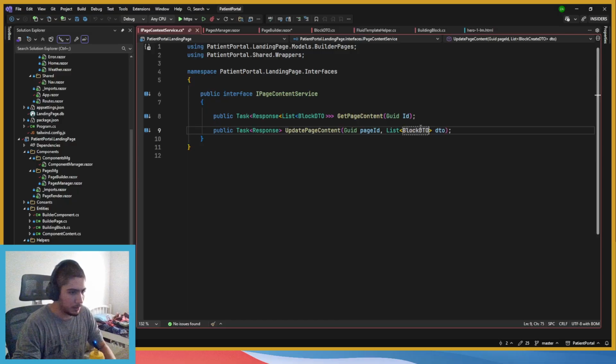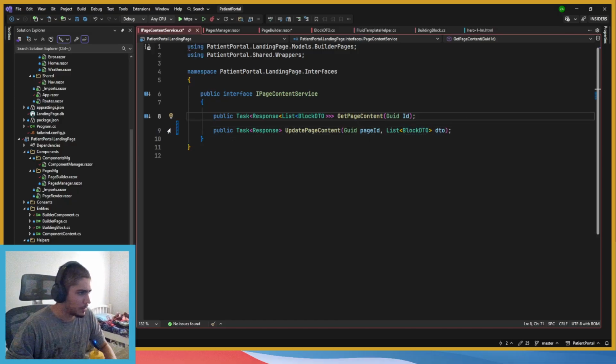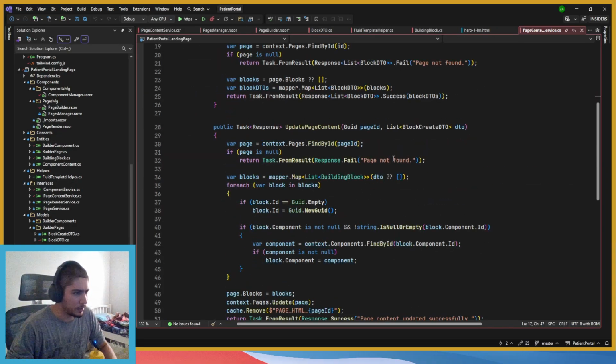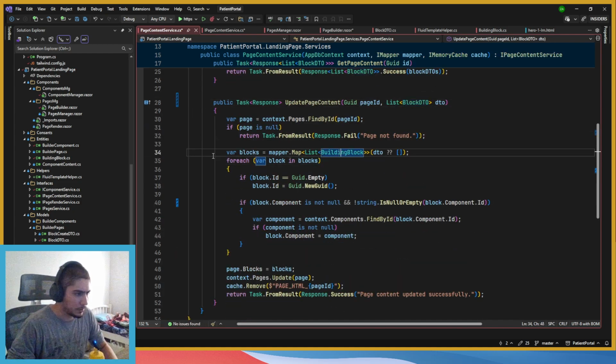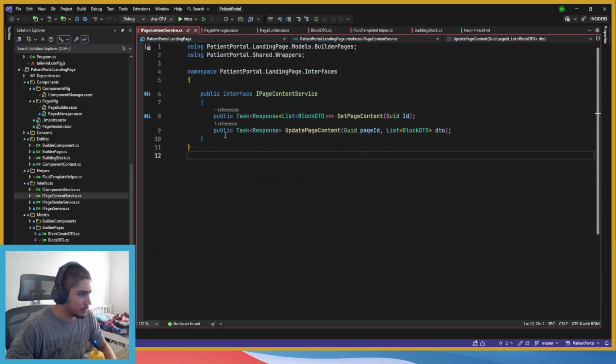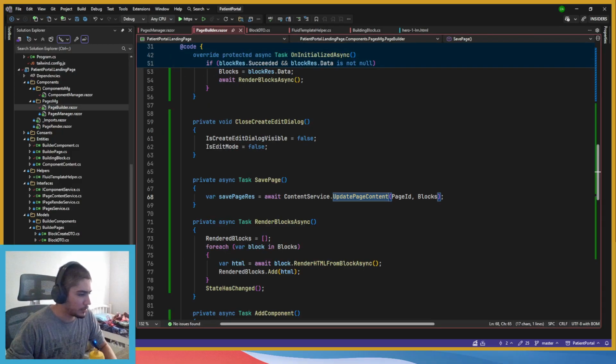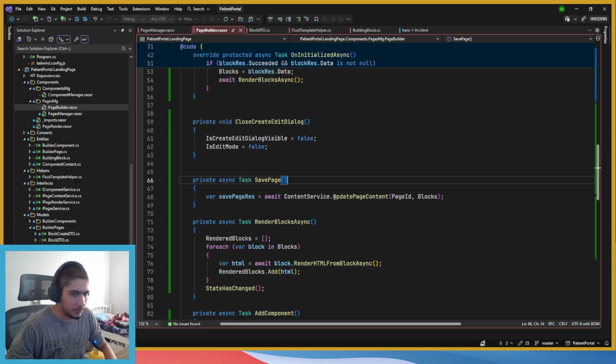Yeah, actually, I think I only need block DTO. Let me go to the implementation and see how it's done. Okay, block DTO. Yeah, basically we're gonna map. Yeah, that should be fine. Implementation fixed. This and that. Hopefully it doesn't launch another tab. I have like 50 tabs on my other browser. Yeah, it launched another tab. Please close. Let me check here what's happening. New page. Yeah, yep. Looks fine.